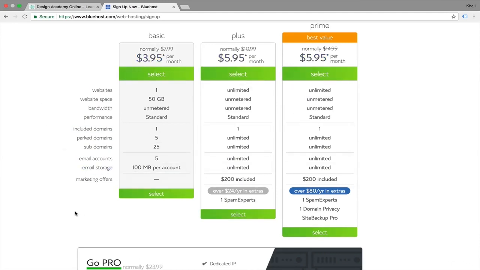If you're gonna make a simple website, go for the basic, don't pay much. If it's not a big website, not a company website with multiple emails and multiple data, go for the basic. For the prime, you get domain privacy, spam expert, and site backup pro within your website. You can get those through plugins later. It's a nice plan, actually it's not a bad one, but if you are tight on budget, go ahead and pick the